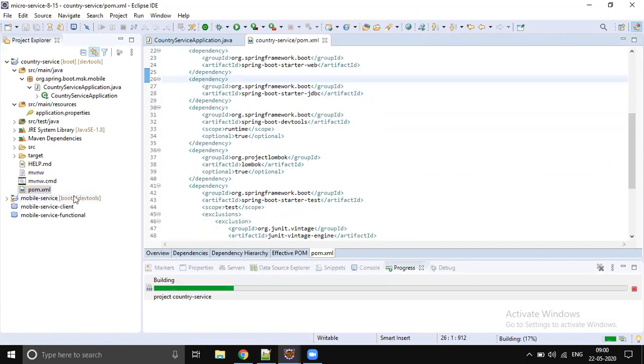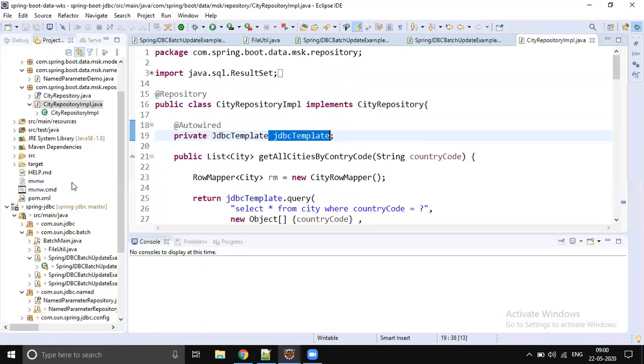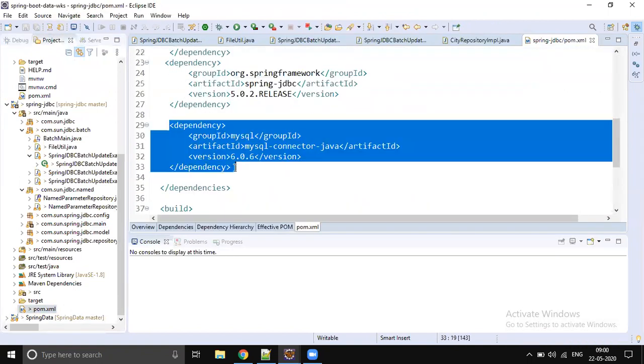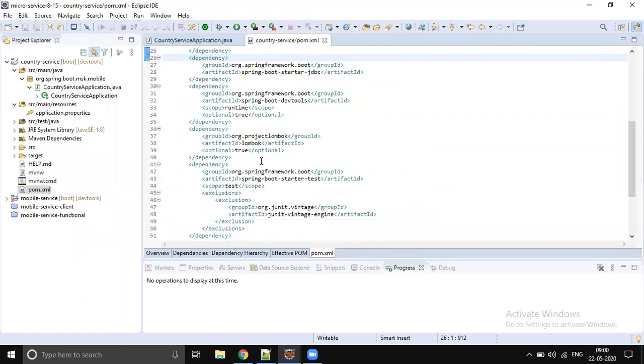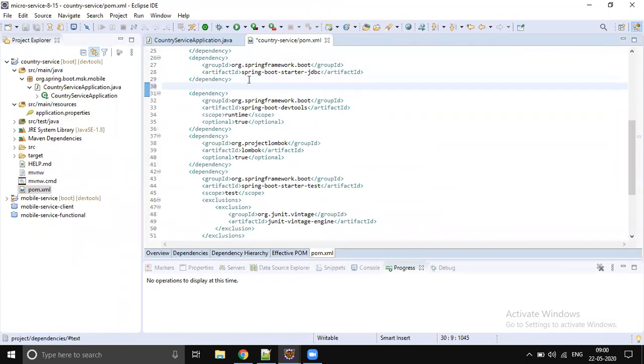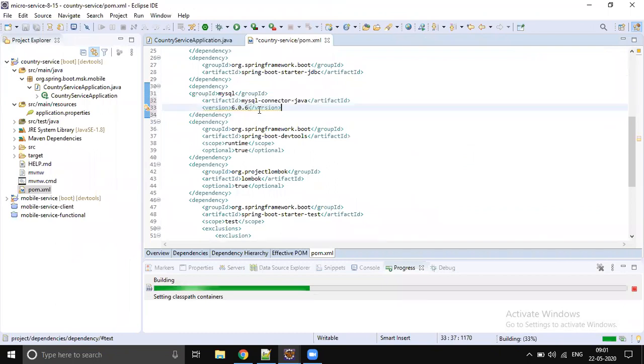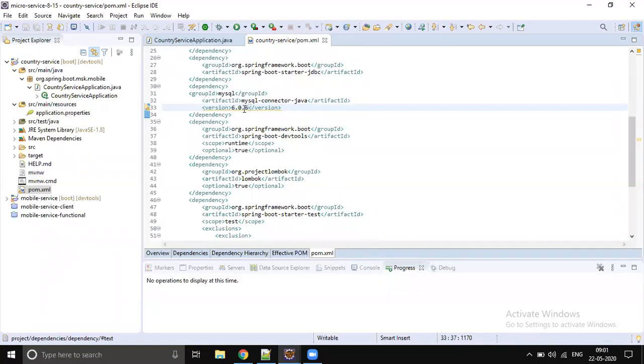Yeah, so we are going to connect it to MySQL, right? So we need to add the corresponding jar, which MySQL database and what is the version, right? So those things we should provide. So let's add the MySQL dependency also. So we are done. I want to keep this version as it is because mine is the old version. If I use the latest version of the MySQL jar, it won't be connecting to my database. So I still want to override this. Let it be, even though it's a warning. So we added the dependencies.